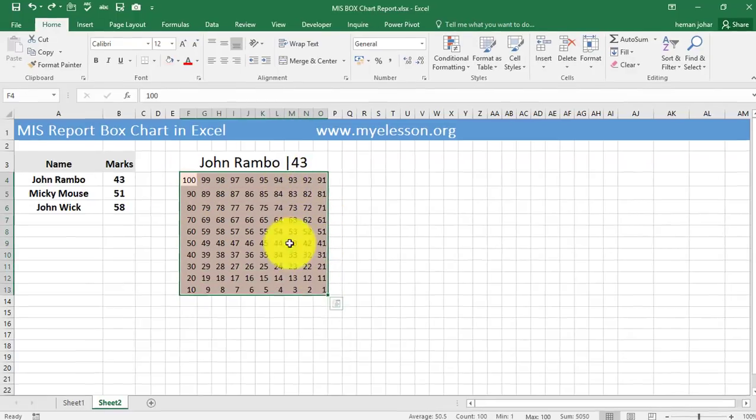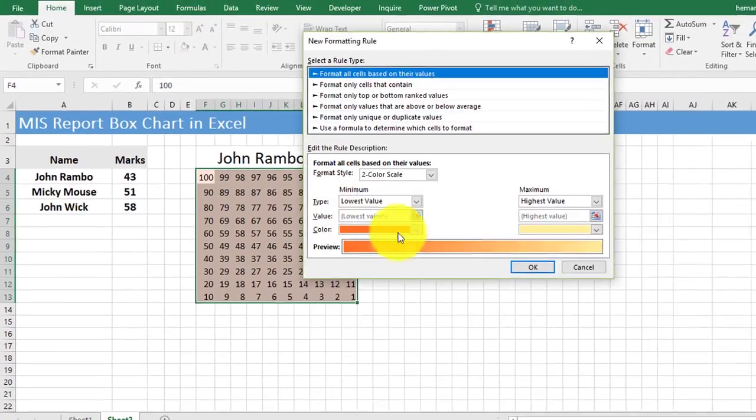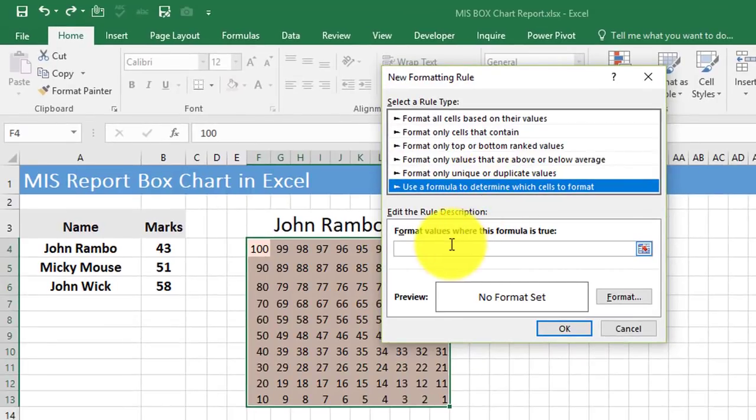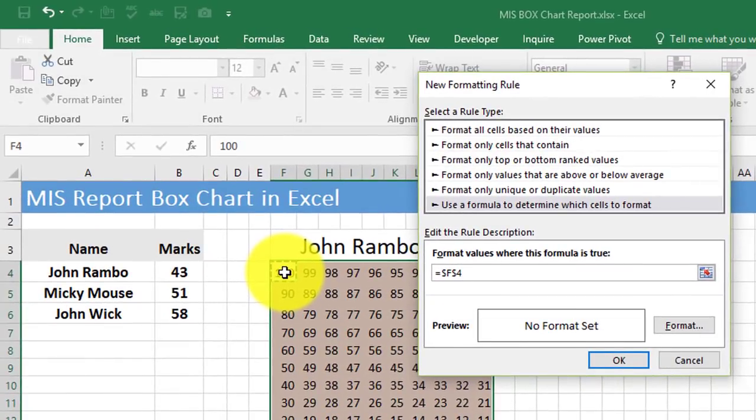So for that I'll select this, go to conditional formatting, go to new rule and click on use a formula, and now I will type is equal to, and I'll select this cell, that is F4, is less than or equal to this.